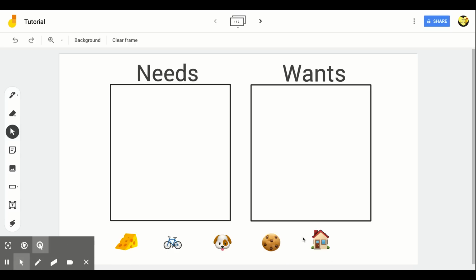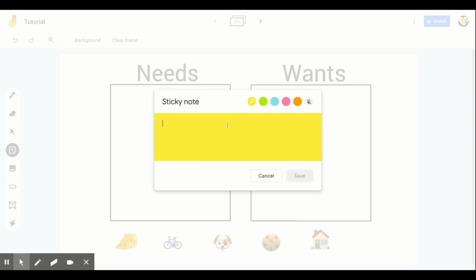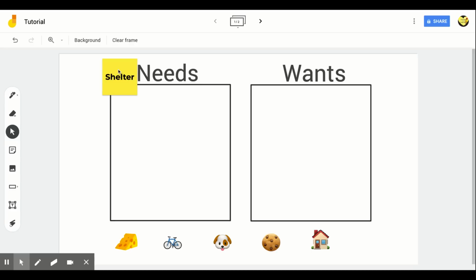So you can have your students, instead of sorting these items on the bottom, come in to the Jamboard and click on a sticky note. On the sticky note, they can go ahead and say that a shelter is a need, and they can add in their response and move it into the correct category. And you can have them all come in and add in their response. You can have them use something more specific. You can also have them add their name to the response if you would like, or you can keep it completely anonymous. But this is just a really fun way for your students to get in to the whiteboard and